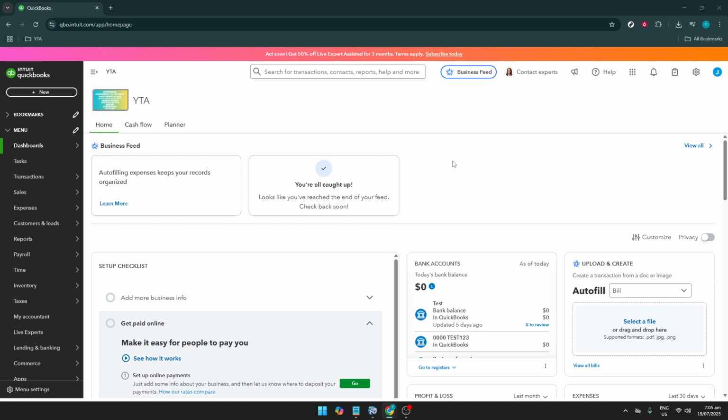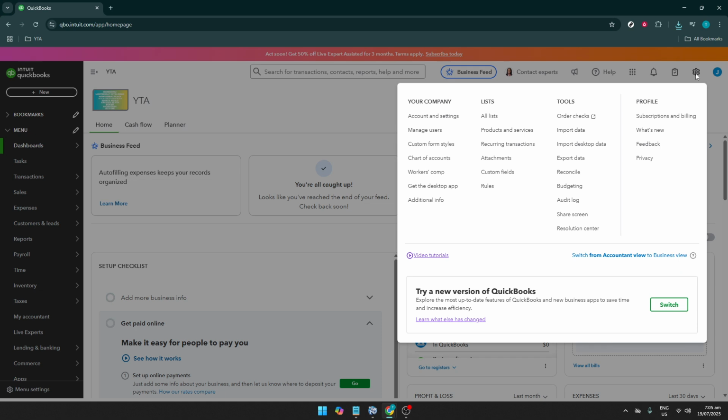account settings to proceed. Now, once you're comfortably situated on the home page, take a look towards the upper right-hand corner of your screen. Here, you'll find the settings icon, which resembles a small gear. Clicking on this icon will open up a menu loaded with options that are necessary for customizing and managing your account. It's like the command center of your QuickBooks, where you can oversee multiple settings and make adjustments